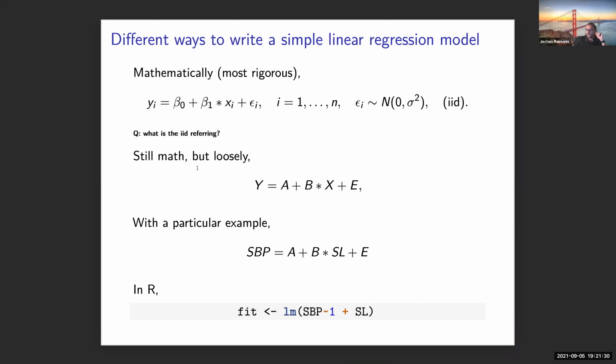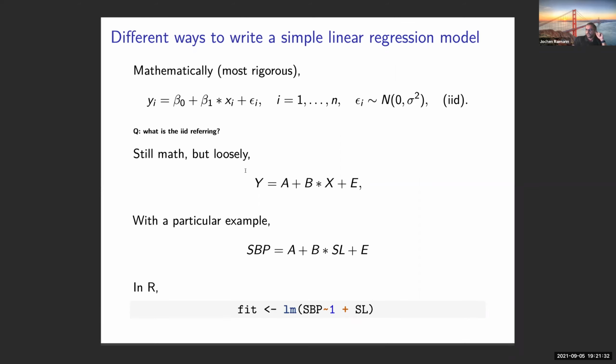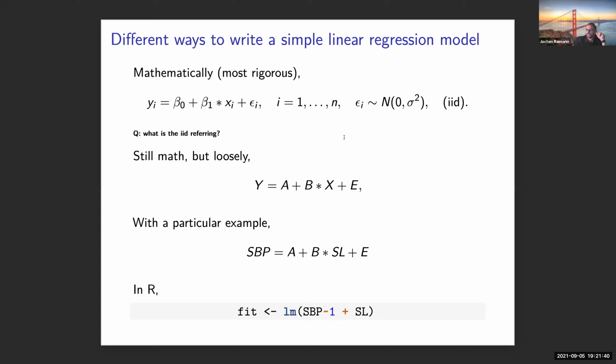So another way to depict this is essentially y equals a plus b multiplied by x, which again corresponds here with the mathematical outline, plus the residual error. With a particular error in SPB equals a plus b, which is the slope, multiplied by the SL plus e. It's the same thing. In R, you would basically write it as fit, and we have done this in last class,